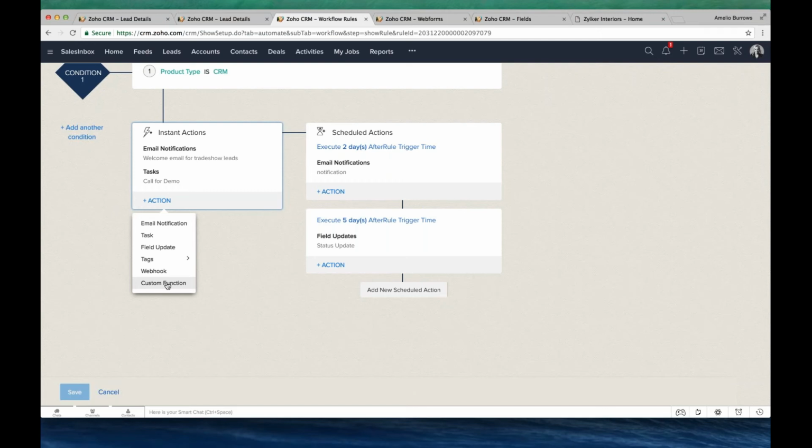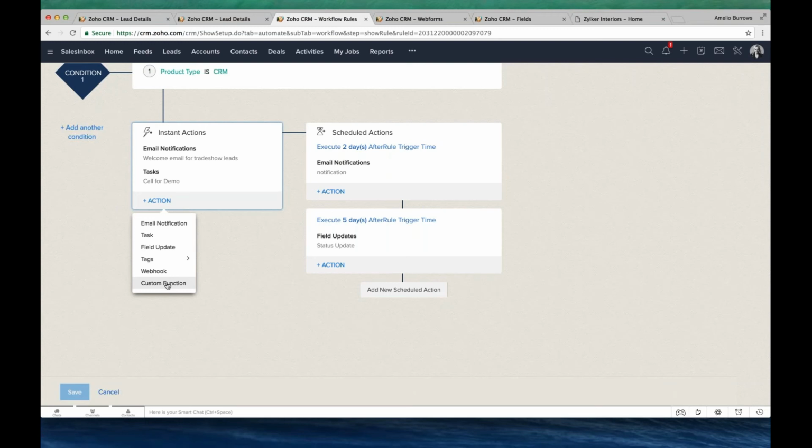The next one is the custom function. This is two-way. Now, for example, a deal is created. From the deal, you would like to create a project in some other software, or Zoho Projects for that matter. So you can create a custom function, trigger it, and then if you want to update back any IDs or any information to Zoho CRM, that is also possible inside this custom function. So these are the two important aspects.